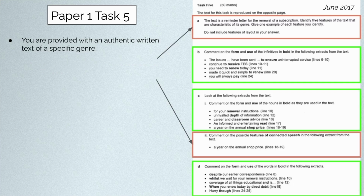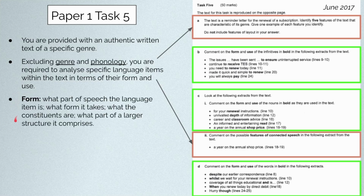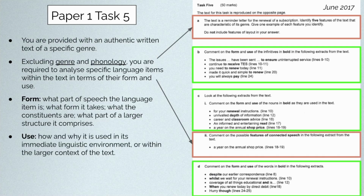And in the task rubric itself, excluding genre and phonology, which are covered in other videos, you're required to analyze specific language items within the text in terms of their form and use. Form being what part of speech the language item is, what form it takes, what the constituents are, and what part of a larger structure it comprises. Use refers to how and why it is used in its immediate linguistic environment or within the larger context of